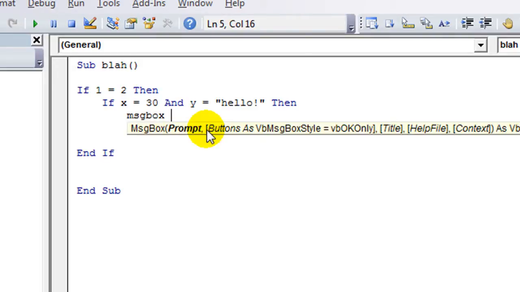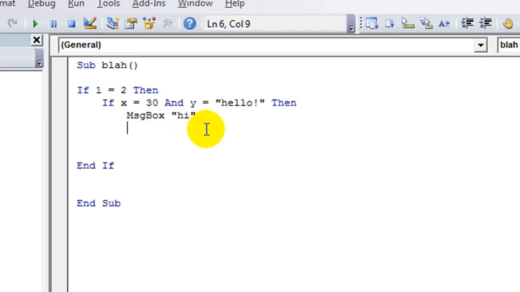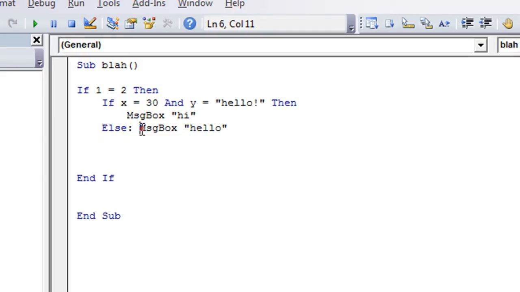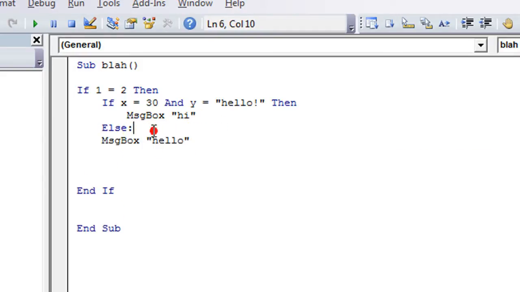Then do a message box. Hi. Otherwise, do a message box that says hello instead. Okay, so, oops, yeah, and I want to take that, and so here's what happens. You have an incomplete macro here, and